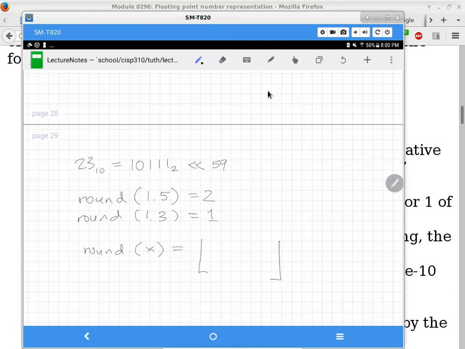So the floor is basically returning an integer that is as large as it can be, but still less than or equal to x. Okay? That's taking the floor function of something. So the question is, can I convert round to floor? And the answer is yes. Okay? So it's just x plus 1/2. So if you take the floor of x plus 1/2, it is the same thing as rounding.